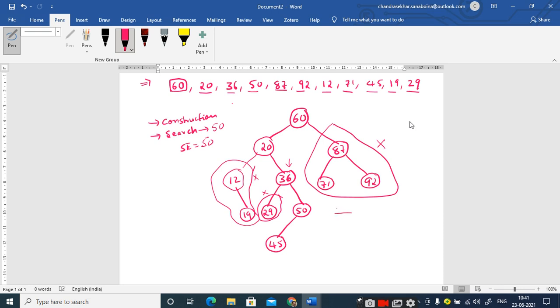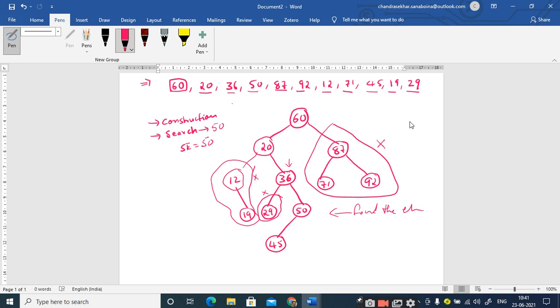So you have found the element. At each and every comparison, you are ignoring almost half of the elements. Either you move to the right-hand side or to the left-hand side. That's it, right? So this is how the efficiency of the search operation comes about.